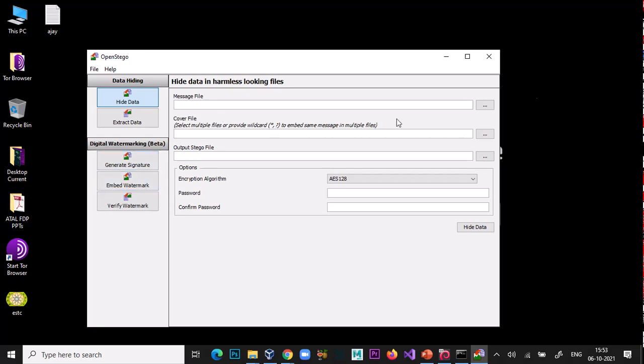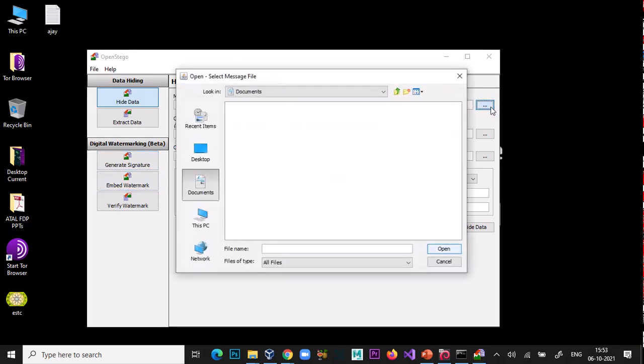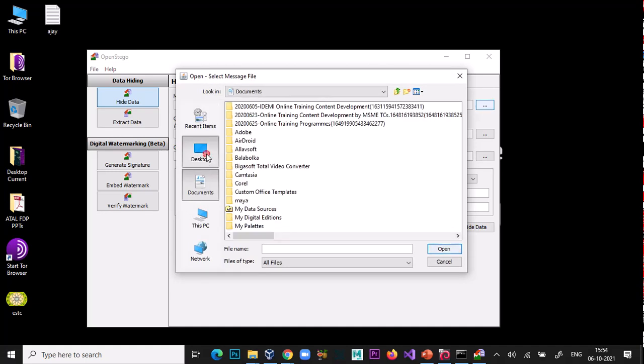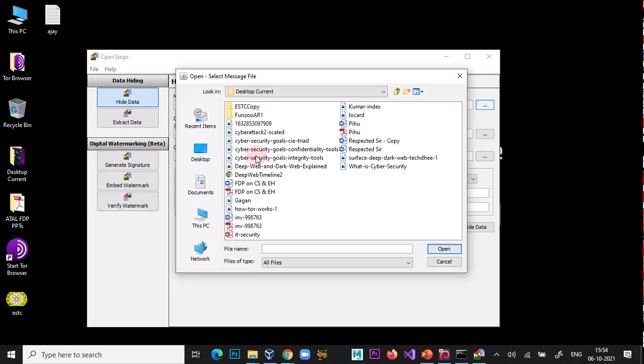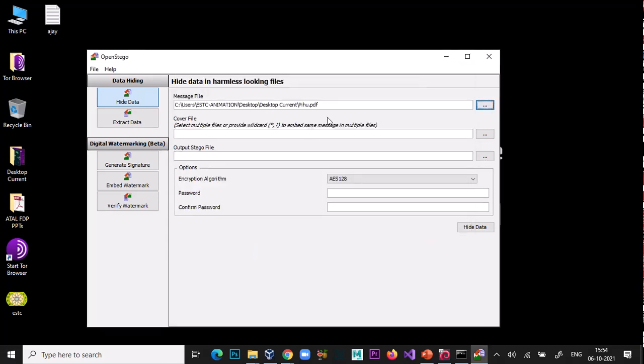So I use, on my desktop, this simple application pihu.pdf file. Now what is the cover file? Select multiple files or provide a wildcard to embed the same message on multiple files.